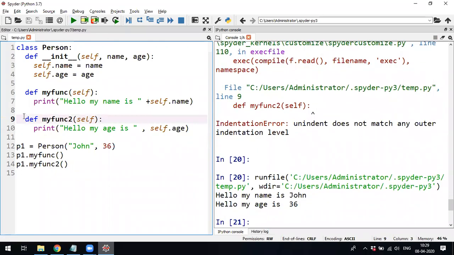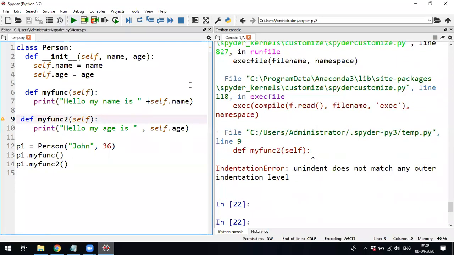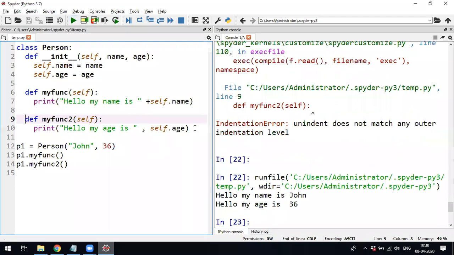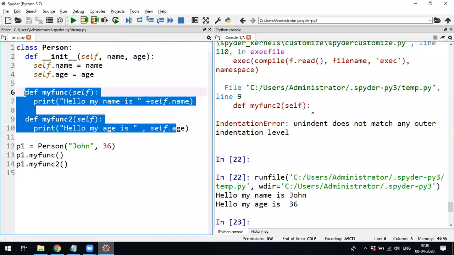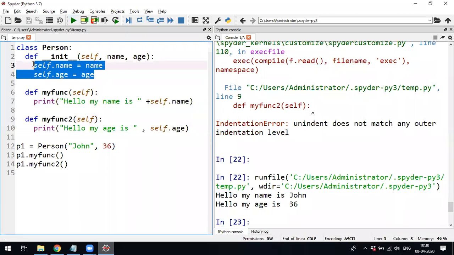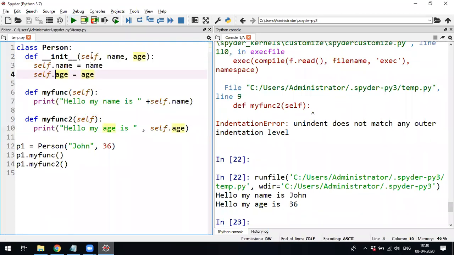See the indentation, I have given only one space. Since it is followed here, the same indentation should be followed. I wrote one space before, and it was giving the indentation error. It should be aligned. This is how you can create any number of user defined functions. This is a constructor. Here it is init. Self is the operator called this. In that way you can remember.